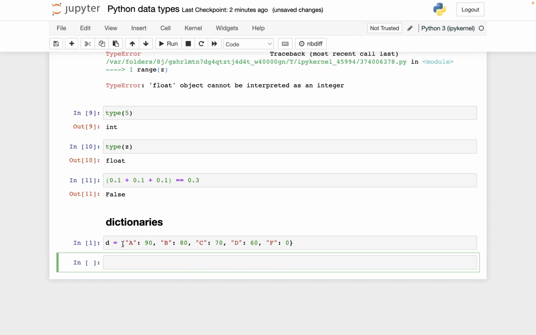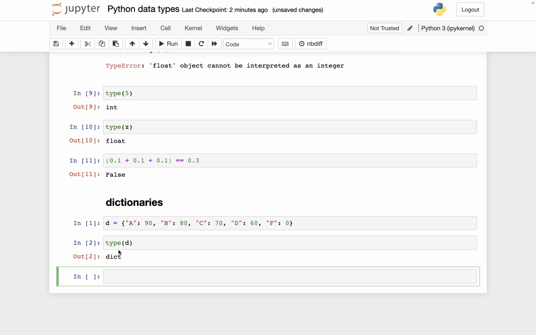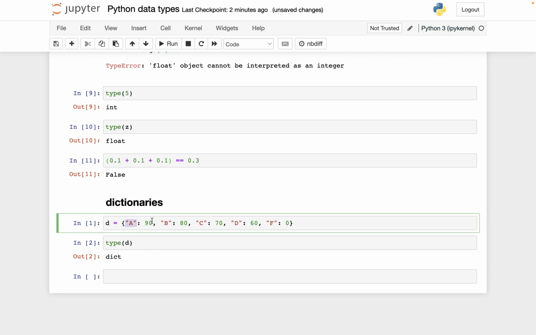So you make a dictionary using curly brackets, just like for sets. And what differentiates it from a set when Python is constructing it is these colons that are separating the keys on this side from the values on this side. And if we check what is the type of D, you're going to get that it's a dictionary. In this case, the keys are all strings and the values are all ints, but that's not how it has to be. You can have anything you want for the values,